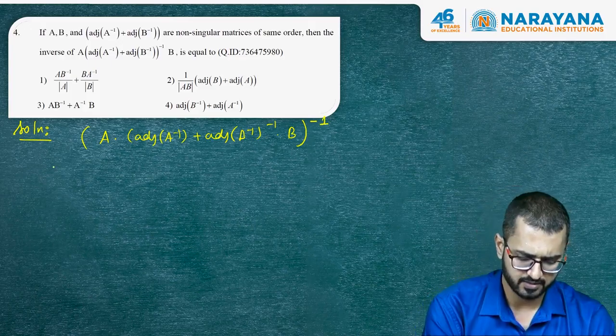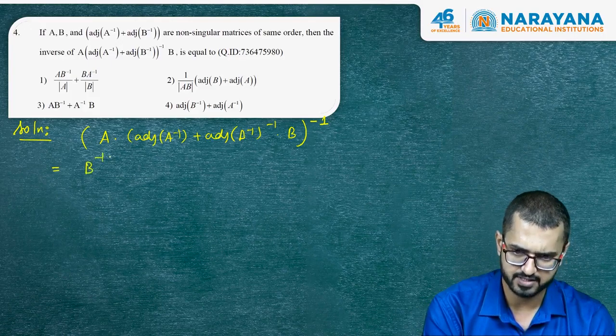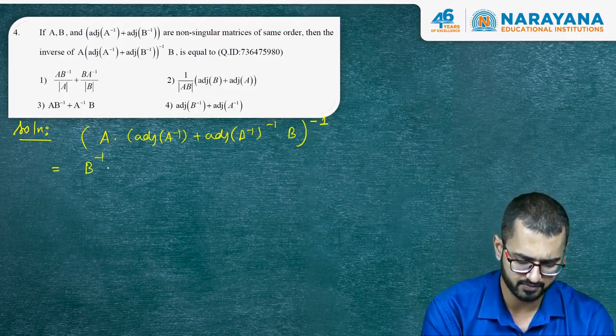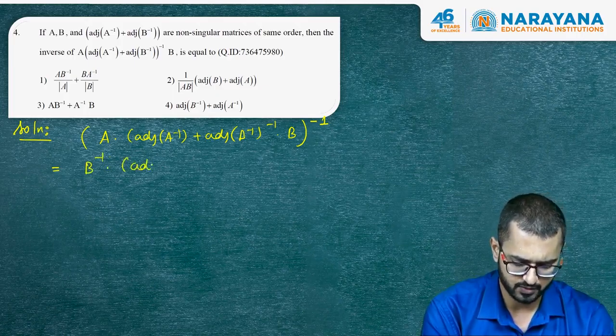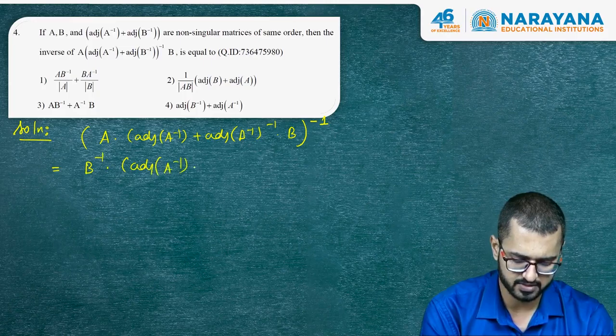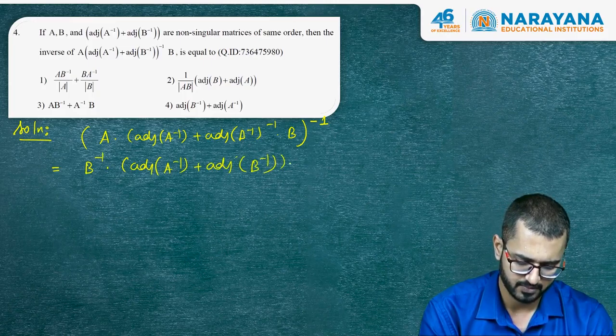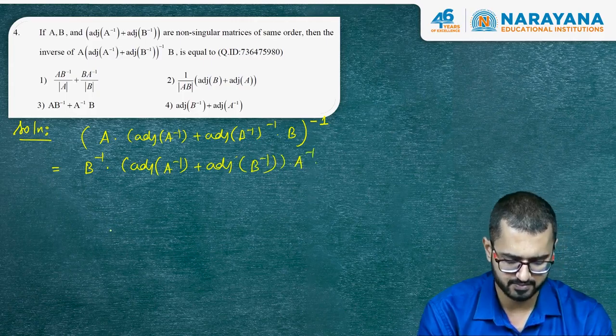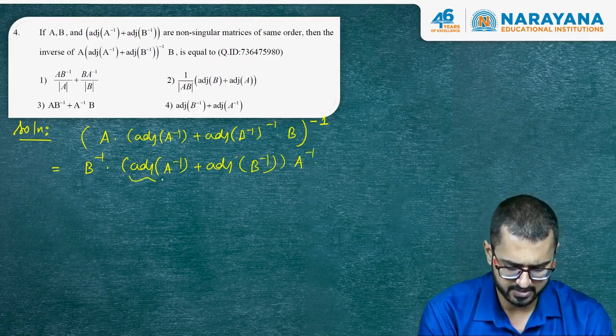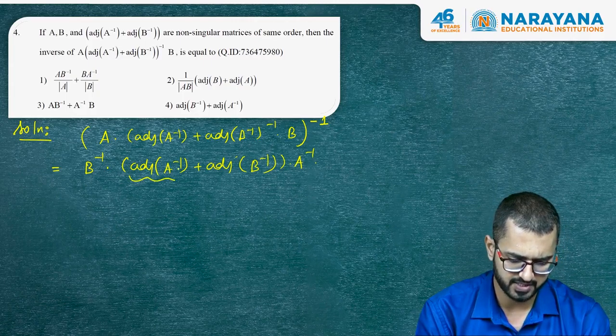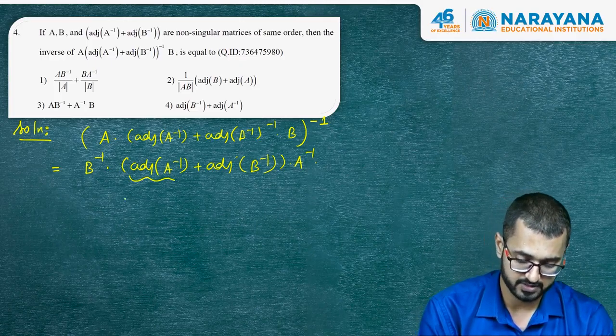So we'll apply the inverse law. For this I'll be getting B inverse, it will be reversed. So B inverse into, this will turn out to be (adjoint of A inverse plus adjoint of B inverse) into A inverse. Now we have to adjust this thing because options are given in terms of adjoint of A and B. So for this thing we'll recall,